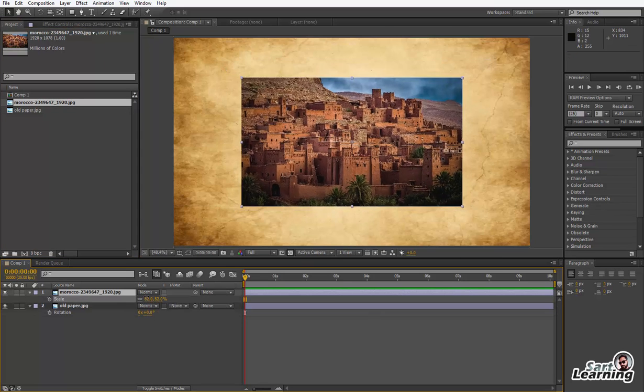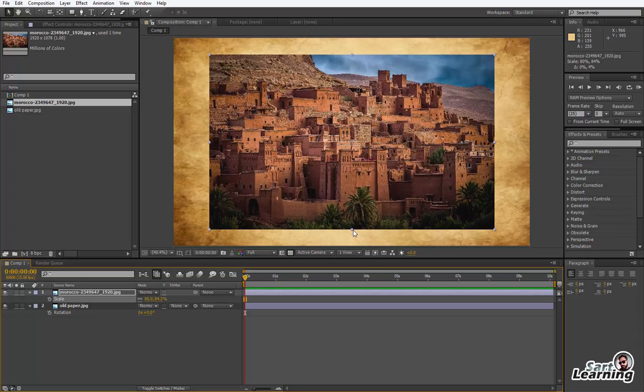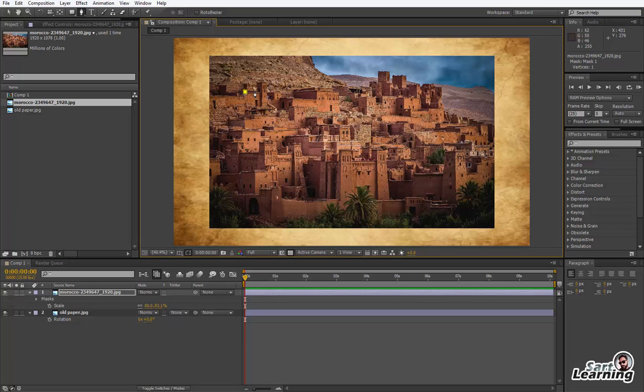Scale down and mask the city part with rough pen tool. Take a pen tool and make a path of the city. You can take any image or reference to make this effect with the same technique.